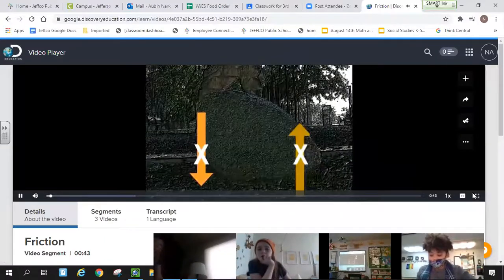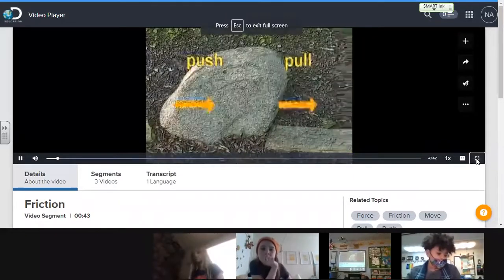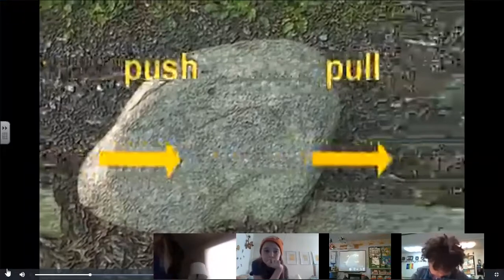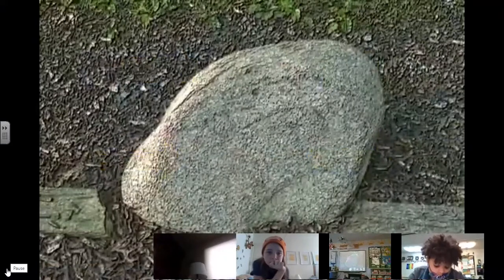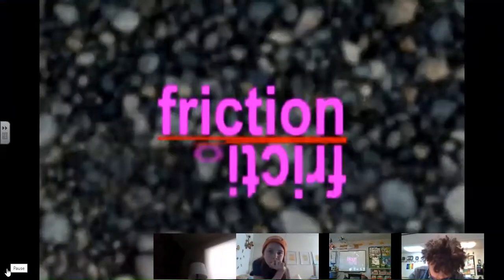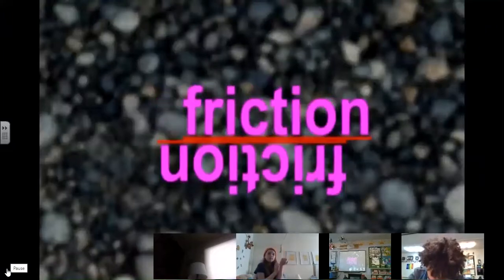If the stone can't go up or down, what about pushing or pulling it sideways? That's not so easy either. There is a force called friction. Friction occurs when one surface rubs against another.